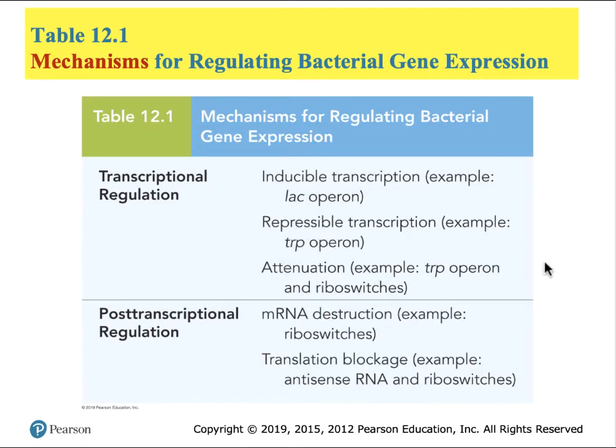Thus, the default situation in the first example is the system is off, and in the second example, the system must be on. We also have some specialized cases of how to prevent a gene from continuing to transcribe should it be activated by another mechanism. We further look at how messenger RNA itself can be intercepted and destroyed before it's actually translated. And then we'll look at translation blockage, where the system intercepts at a later point the decision to make protein.